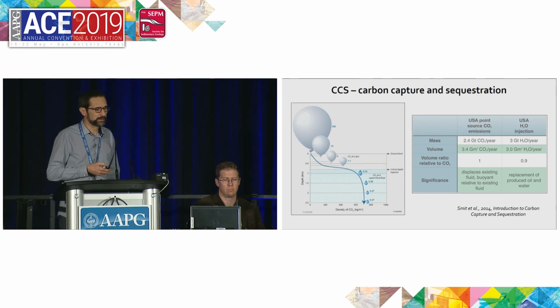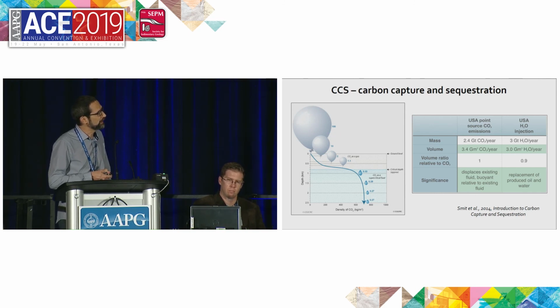And we know a lot about that kind of behavior in porous media. Also, there are concerns that there's not enough pore space to inject this much CO2. If you look at the amount of water injected, I think this was in 2012 or 2013, something like that, the amount of water injected in the US roughly equals in scale the amount of CO2 that would need to be injected if we used all the point sources in the US. So the scales are enormous, but we have been dealing with these scales in the energy industry for a long time.